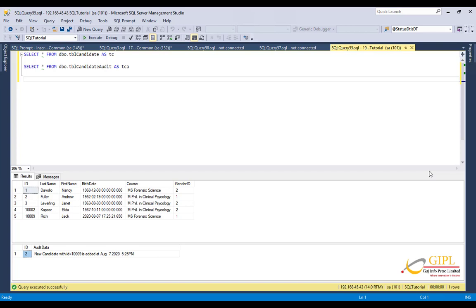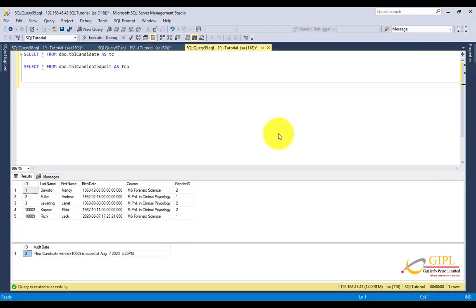So now we move on to logon triggers. So when does a logon trigger fire? Logon triggers fire in response to a logon event. Logon triggers fire after the authentication phase of logging in finishes, but before the user session is actually established. Logon triggers can be used for tracking login activity, restricting login to SQL Server, and limiting the number of sessions for a specific login. In a similar manner, you can have an after delete trigger.